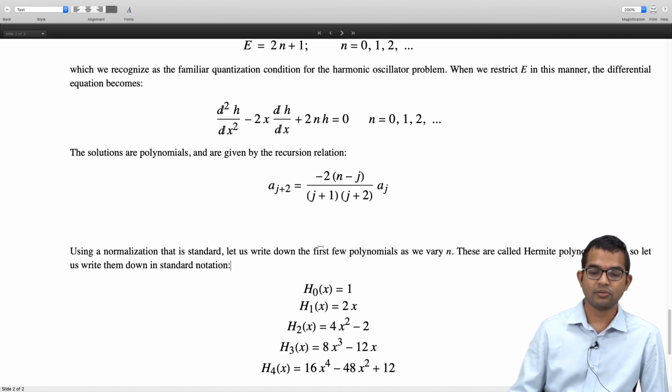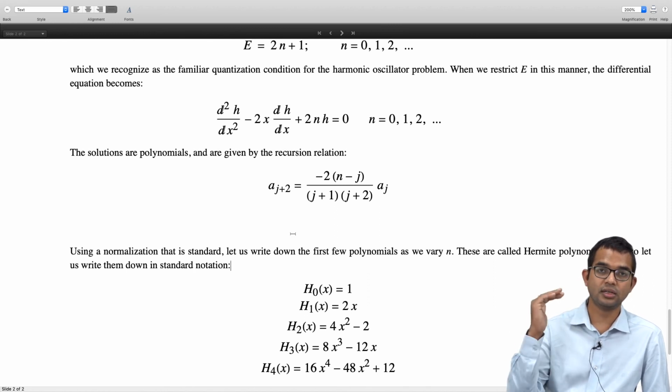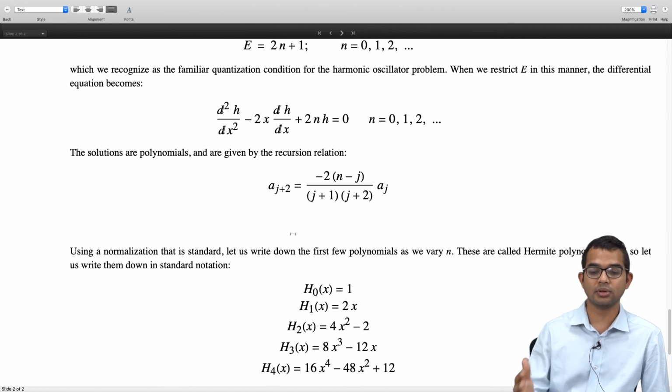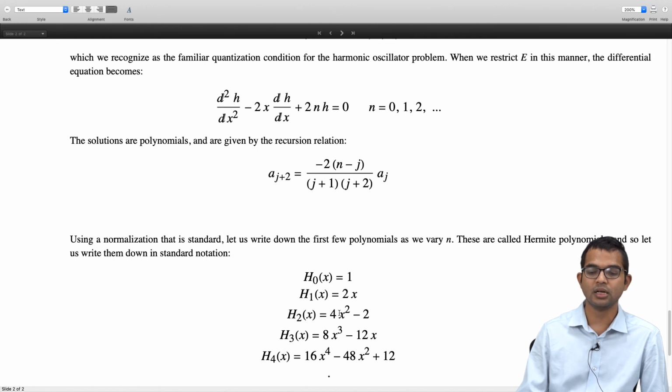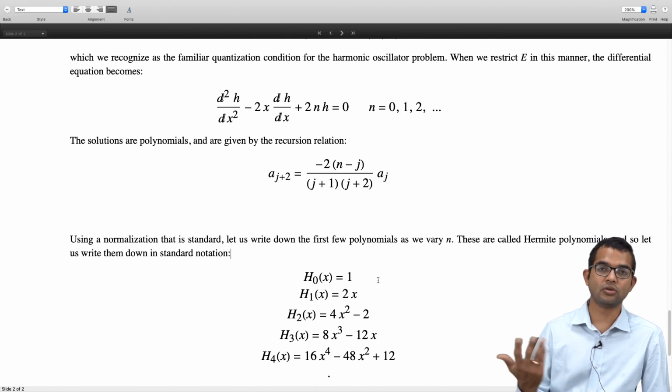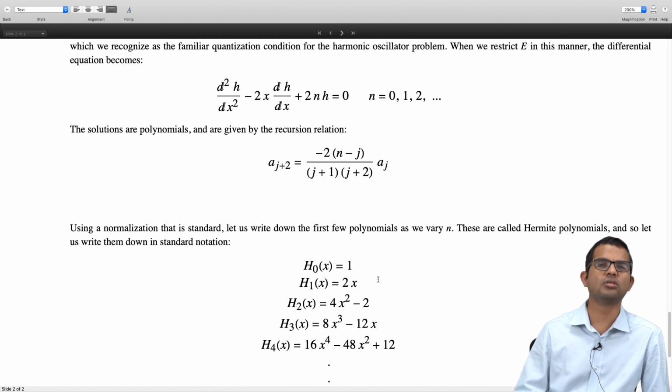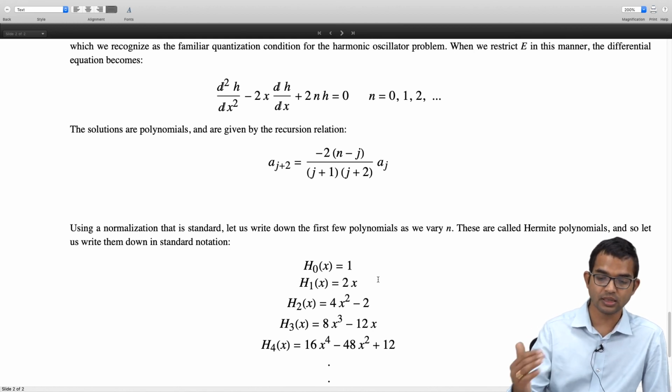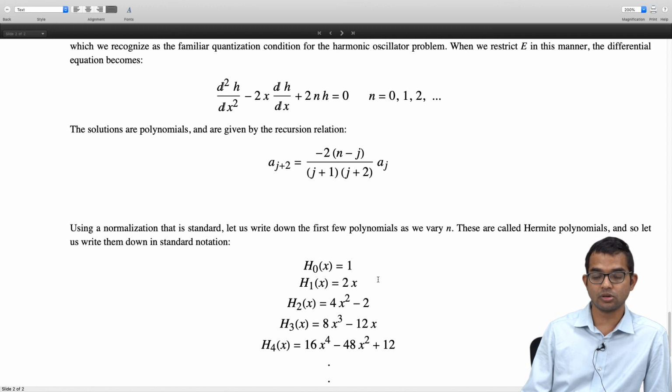we see that for the harmonic oscillator problem, we will get Hermite polynomials, where the power series truncates beyond a certain point, and it becomes in fact a set of polynomials. The first few polynomials are just 1, 2x, 4x squared minus 2, 8x cubed minus 12x, 16x to the 4 minus 48x squared plus 12, and so on, right? So these are all polynomials which you can look up from some tables, for example, or you will see many properties of this in a discussion on orthogonal polynomials.